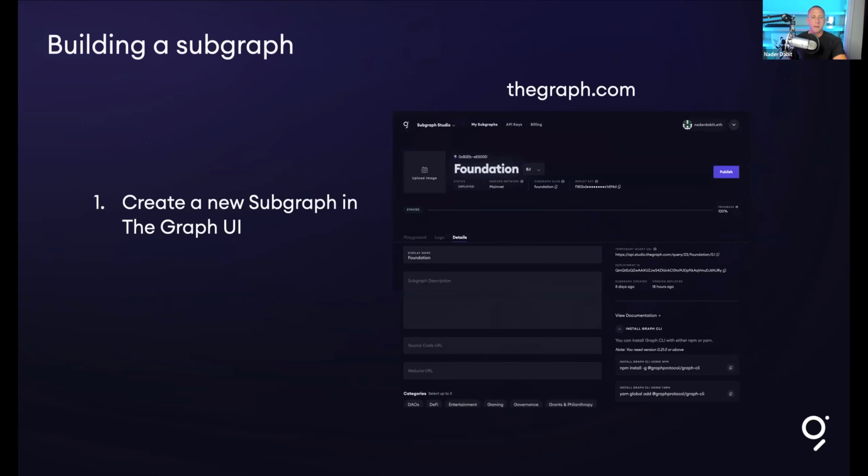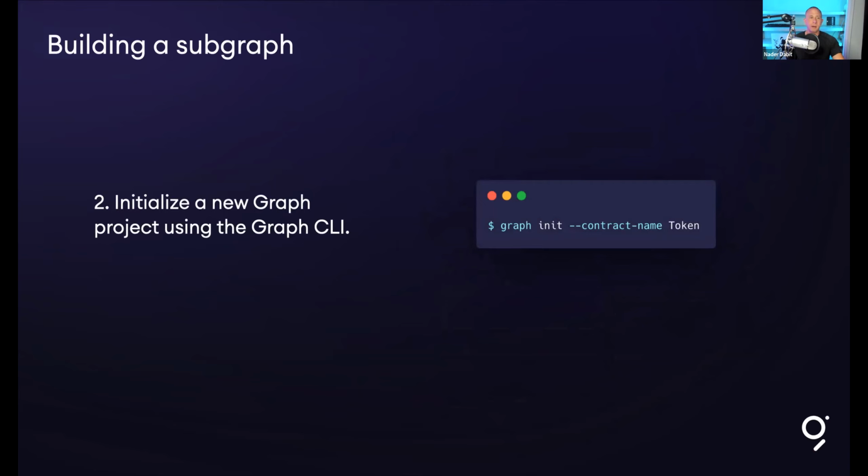So to get started, you would go to thegraph.com, and then we have a user interface where you can define the name of the API or the subgraph that you would like to build. And then once you've defined this, you can go down to your computer, onto your CLI, and use the open source Graph CLI to initialize a new boilerplate subgraph locally. This is almost like if you wanted to create a new React application, you might use npx create-react-app, or a Next.js app. This just scaffolds out a boilerplate for you to start writing some code.